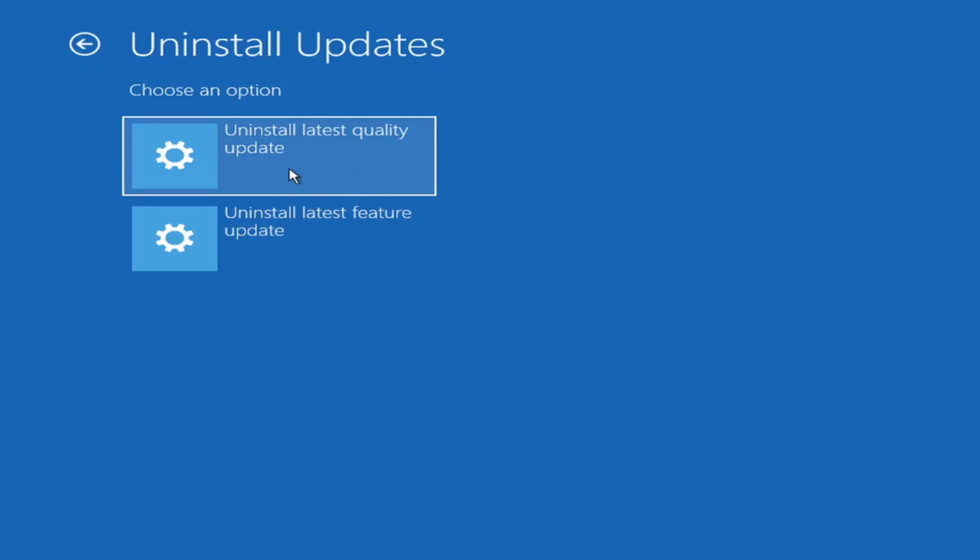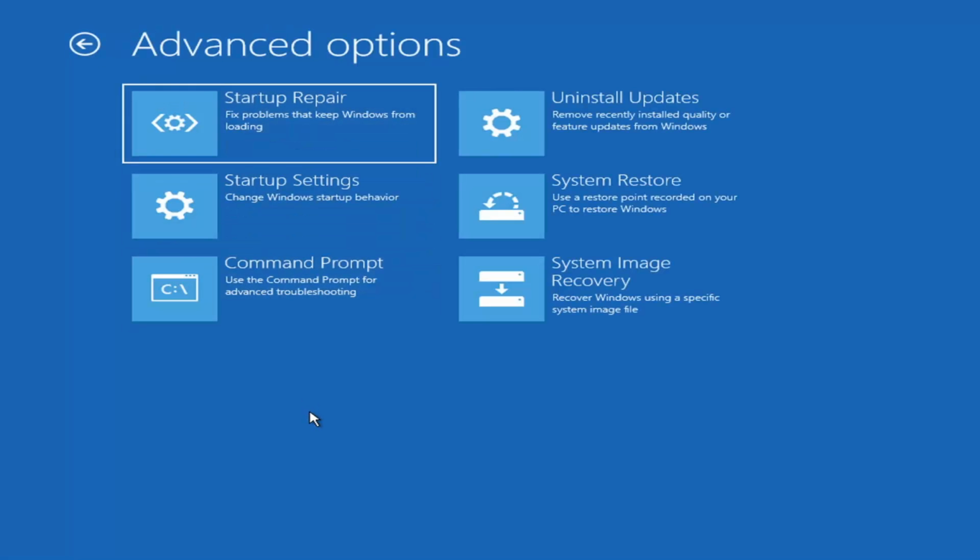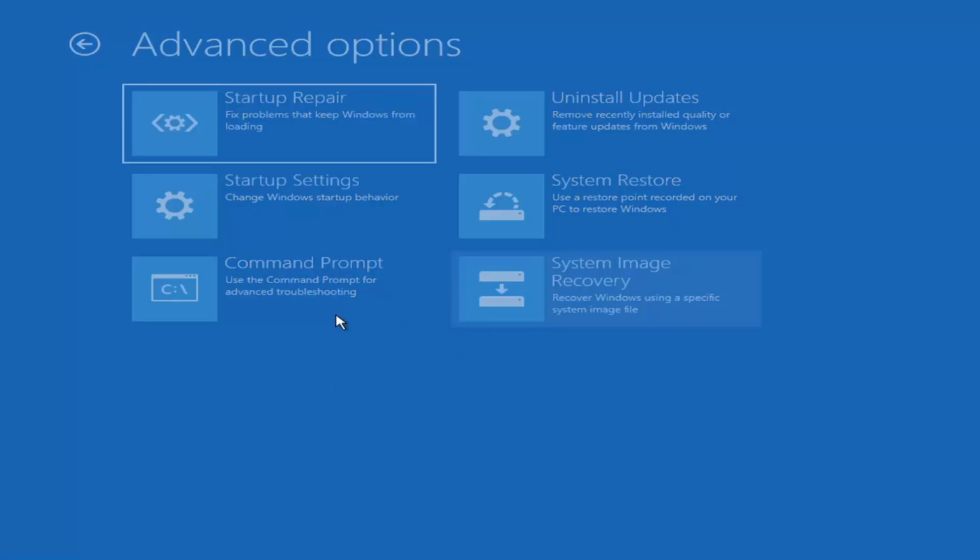This would take some time, especially the latest feature update, because you know how big those are. They can take an hour or two to download. So just keep that in mind, but I recommend trying those options in the order I suggested and see if that works. Another thing too, you can try the system image recovery option, which if you have a saved CD